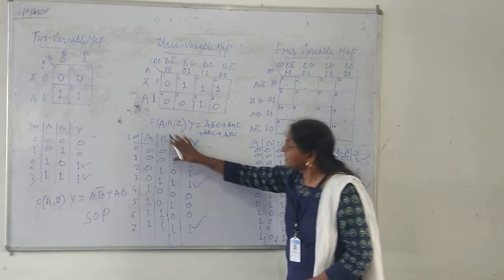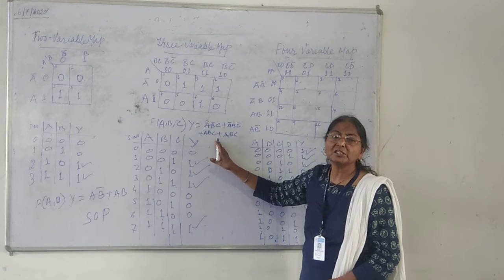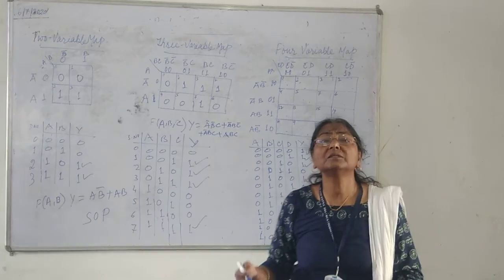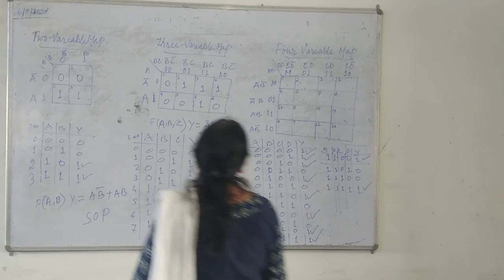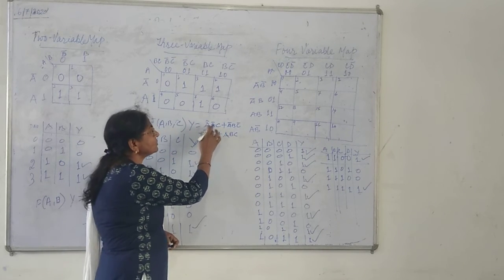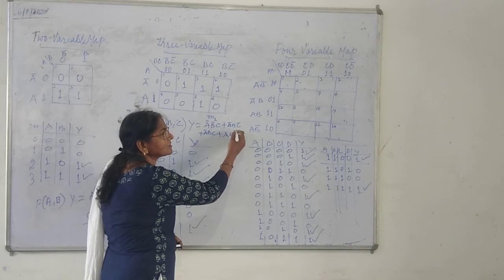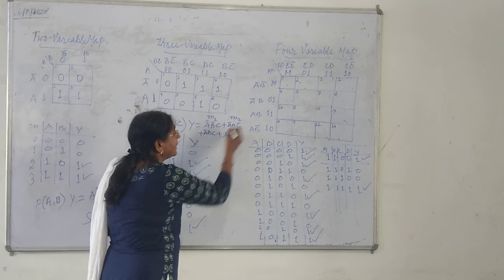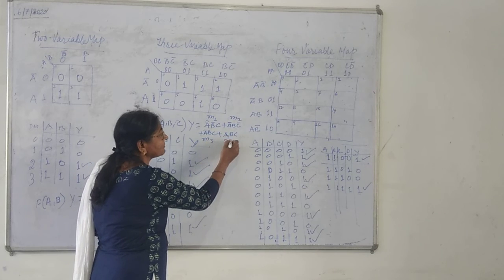If this table is not given to you, and only this Boolean expression is given to you, a sum of product equation, you can change it into a table. Or if the problem is given in the form of a min-terms equation, you can also change it. This one is a min-term. What min-term is it? 0, 0, 1. This one is M1 and this one, 0, 1, 0, is M2. And this one, 0, 1, 1, is M3, and this one is M7.